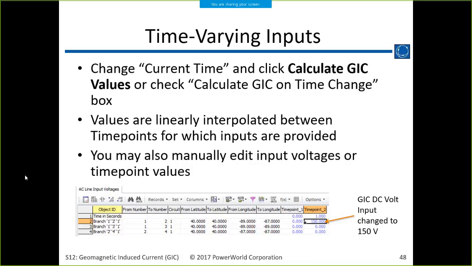But for each transformer, the maximum is just for that transformer. Each transformer could have a different value. In this 4-bus case, they all have the same value because they're all connected to the same single transmission line. But if you have a network, then it can be different. And we'll look at a network example later too.